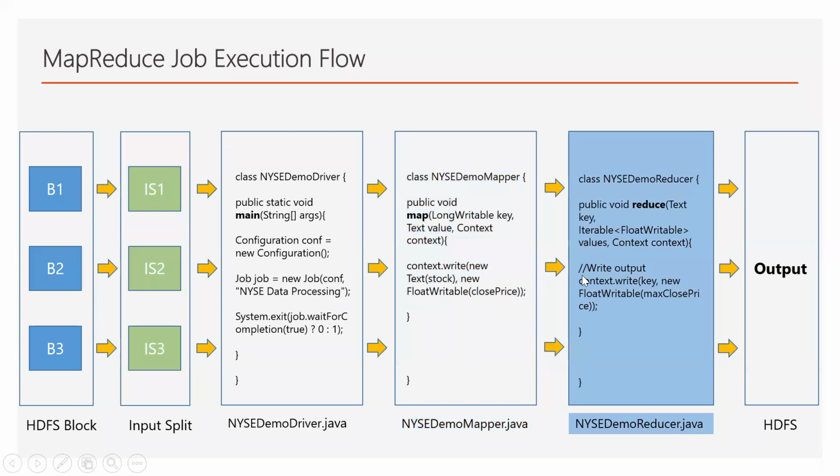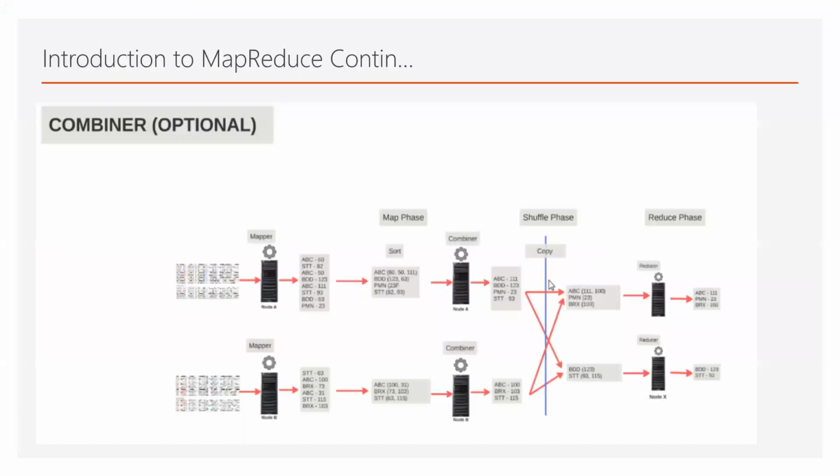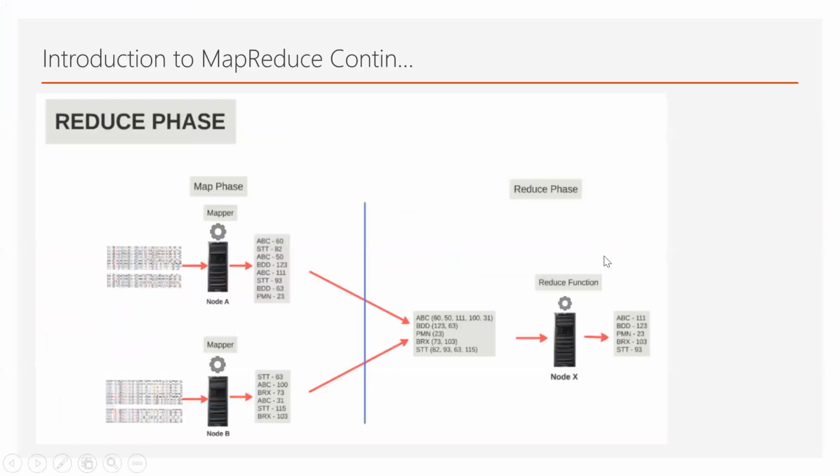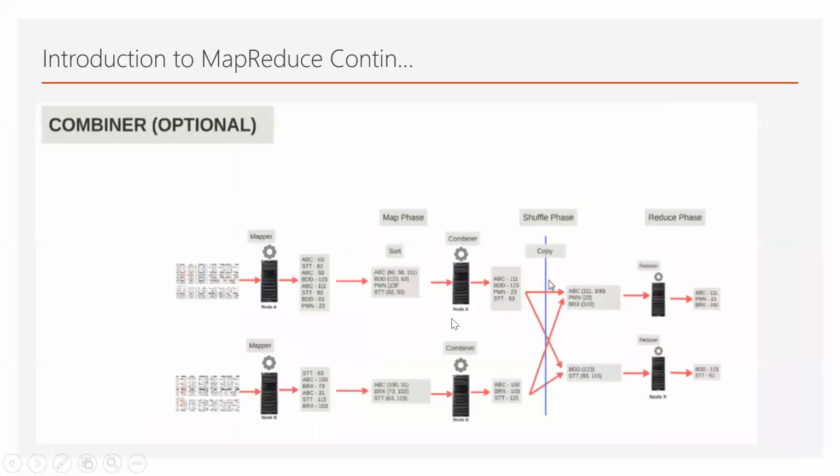Okay, and in a reducer, as we showed in this example, your keys will be grouped during the shuffle and sort phase, which we don't have any control over. MapReduce will take care of it. It will group your key, and it will give you the group key with the grouped values, right? So you see the key as ABC, and the grouped value as a list, or maybe a collection of items. That same thing you see here.